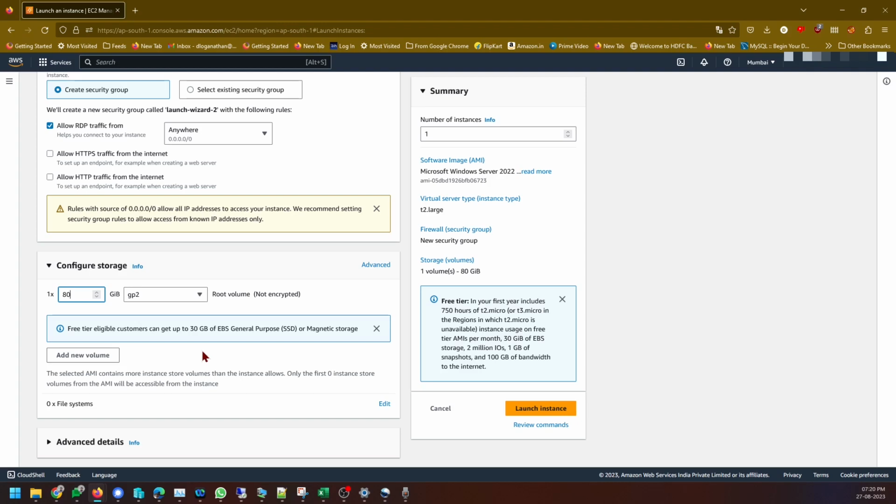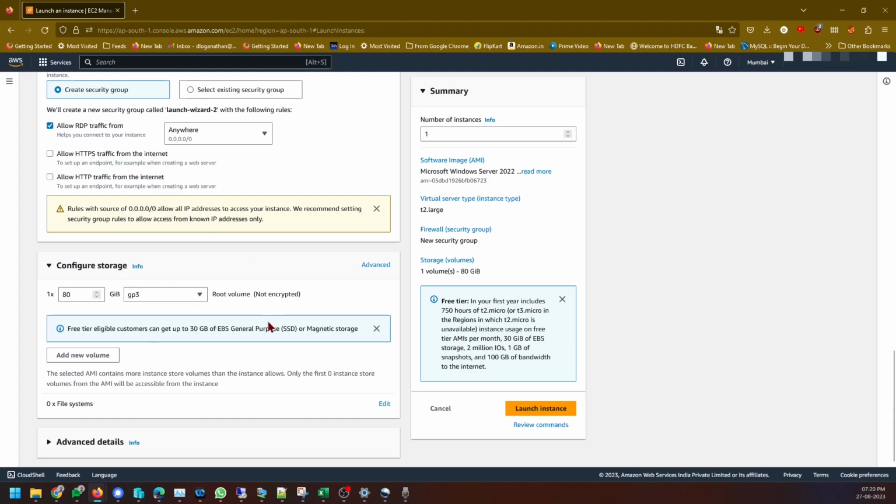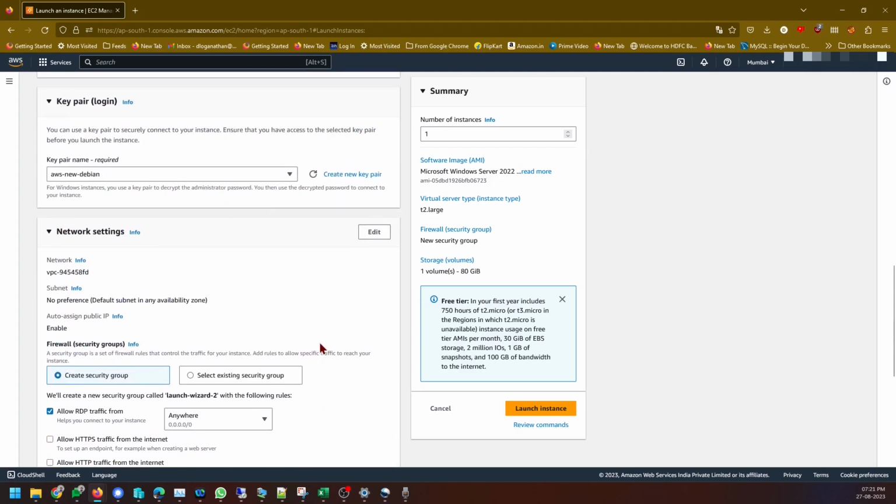I mean, it's not much when you are doing it on a scale, or if you are doing it on a corporate network, 80 gigs doesn't cost that much anyways. And I always select GP3 because the cost is almost the same, and in my experience, it offers a better performance compared to GP2. All right, and we will be adding a separate data volume later. For now, we will select